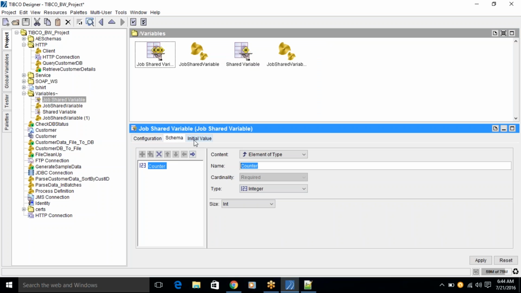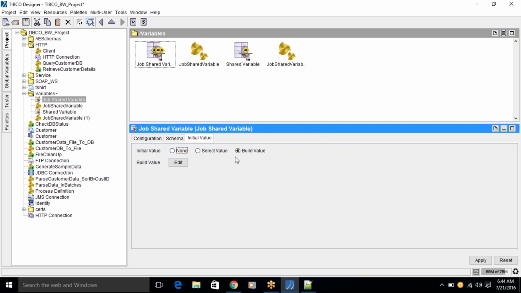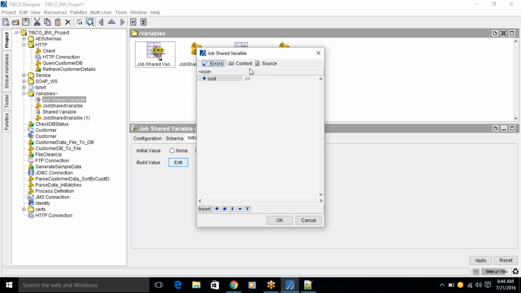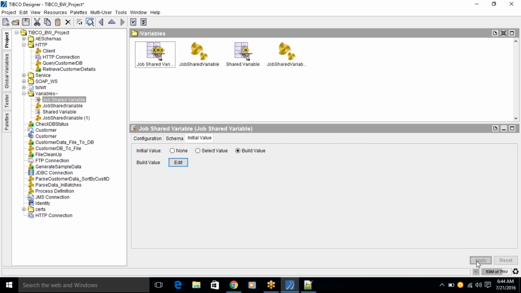Counter. Build a value, go for source, and just put 1 as the initial value. Replace, this is the element. Okay, now when you run this process this time,